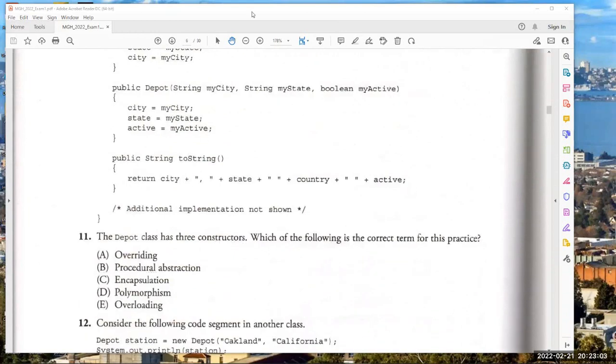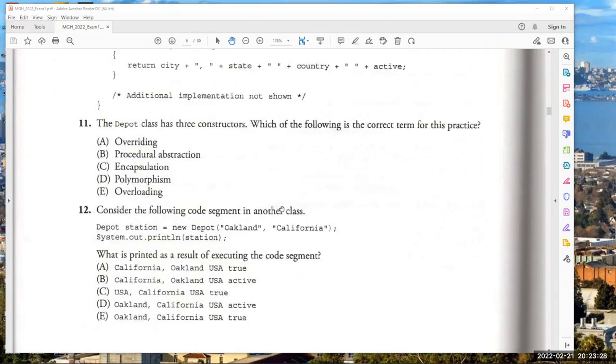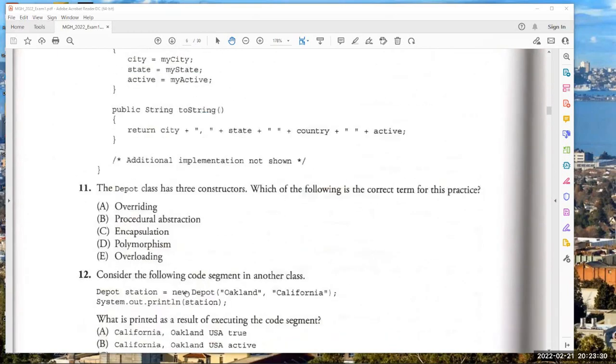So this one with the 3 constructors. Number 11, this one is called overloading. Okay, we talked about this before. This one is simple pick. Number 12, consider the following code segment. We have depot station equal new depot, Oakland and California. So new depot. Here remember the depot